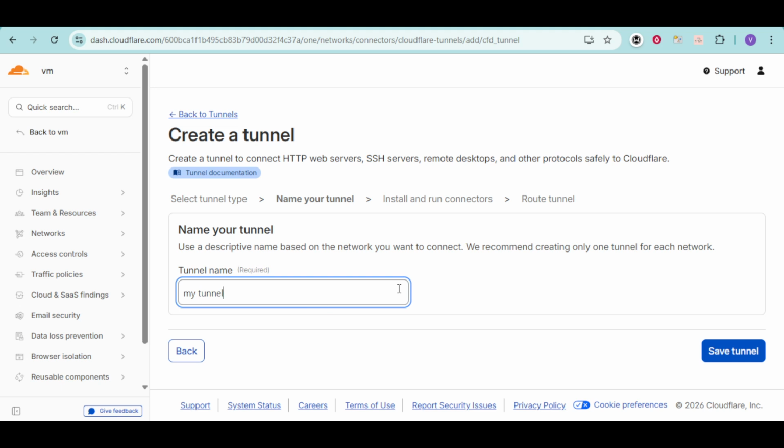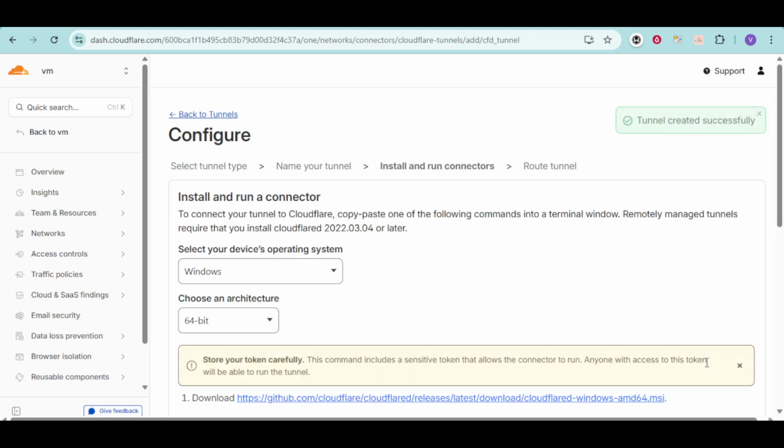After naming the tunnel, Cloudflare will typically show you installation instructions tailored to your operating system. At this stage, you'll be downloading and installing the Cloudflare client on the machine that will host the tunnel. That might be a local server, a virtual machine, a container, or even a small single-board computer on your network. Make sure you install Cloudflare on the system that actually has network access to the service you want to expose